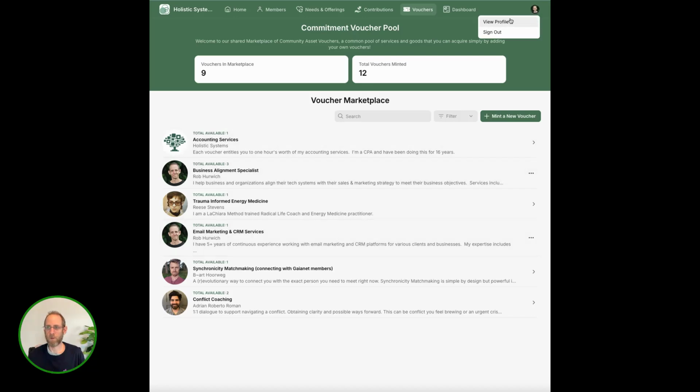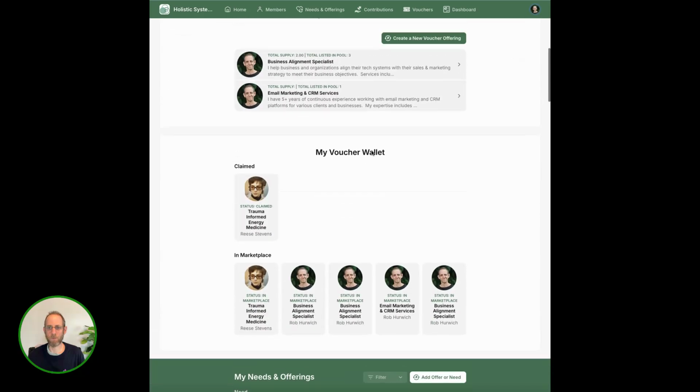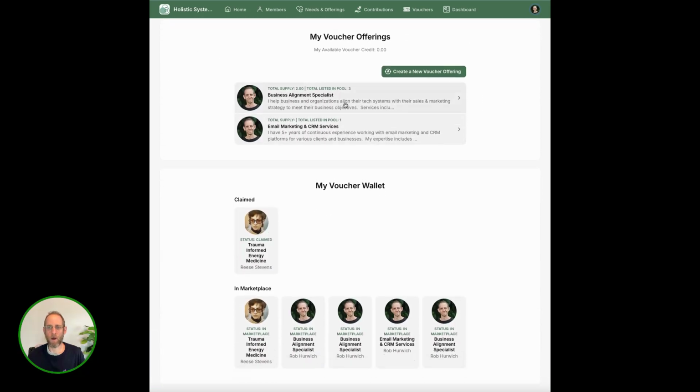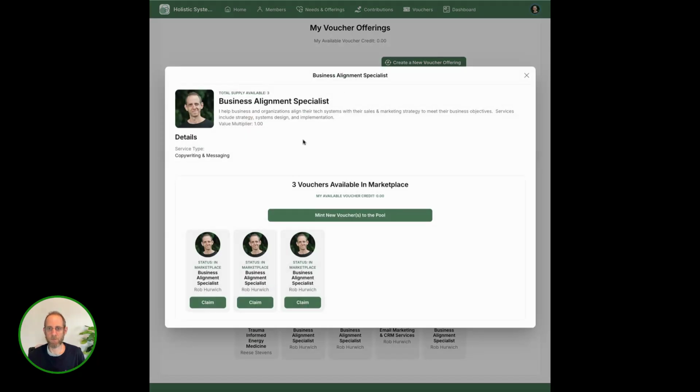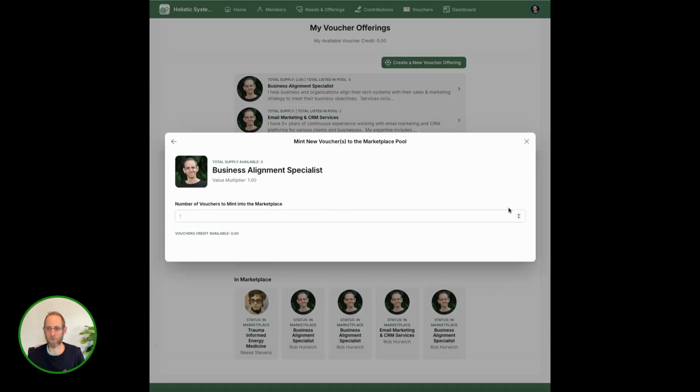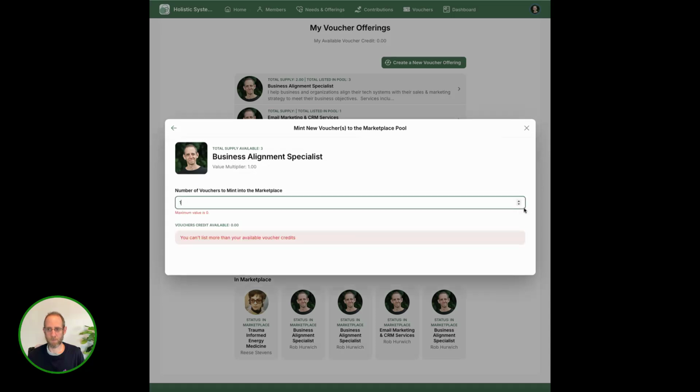So again, if you go to your profile, that's where you can see these are my offerings. When you make a voucher, it's like an offering for something. So, business alignment specialist. And then how many of the specific IOUs am I going to mint? How many of those gift cards am I going to put into the pool? Right now I have 3 of them in the marketplace. If I want to mint another one, then I just